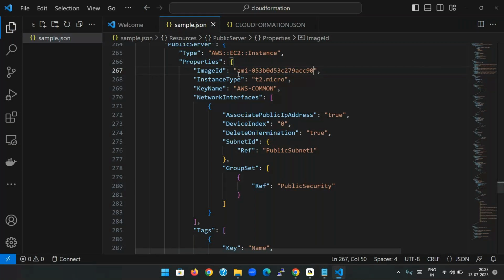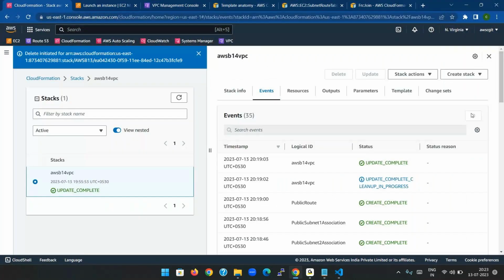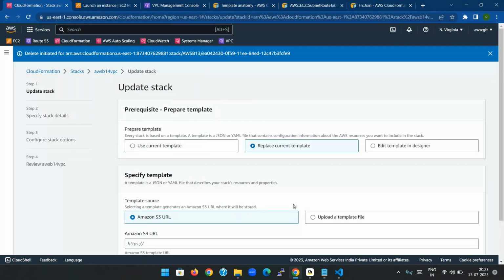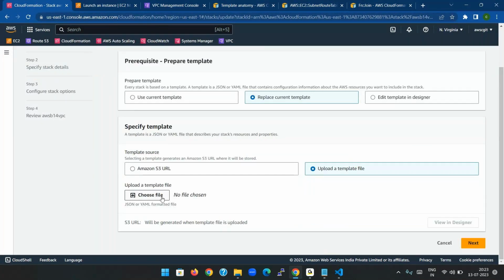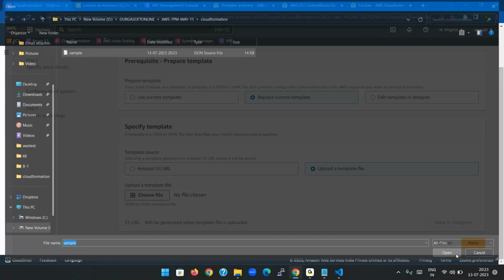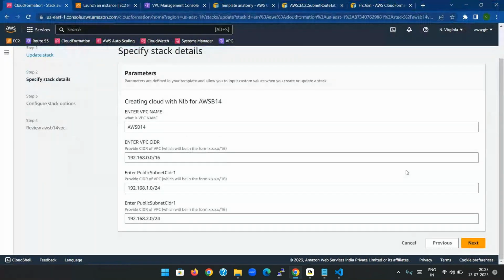So the instance is going to be created. Let me check out with this. I will reconfigure and re-update the CloudFormation stack. So replace the current template, upload the template file, and that's it. We just created our security group and the server,